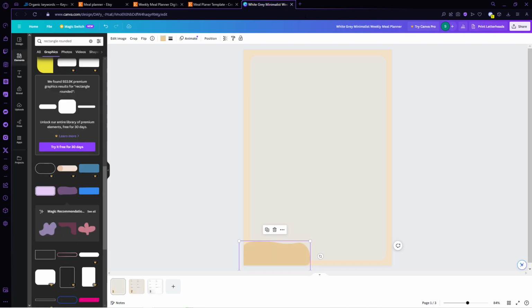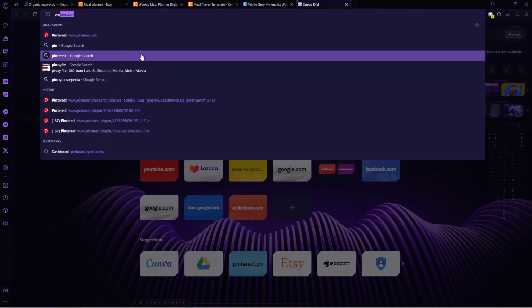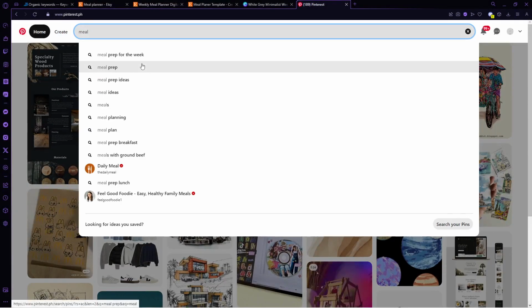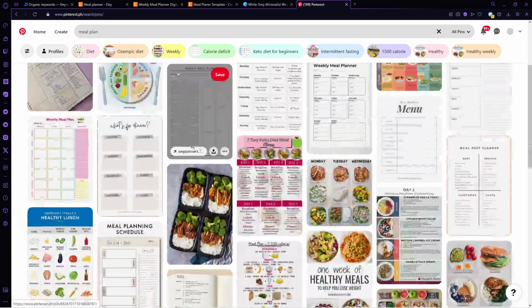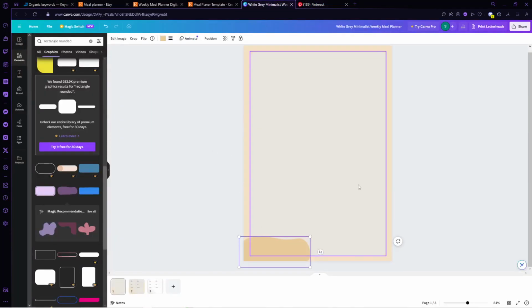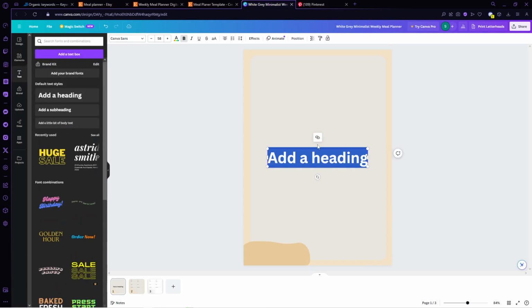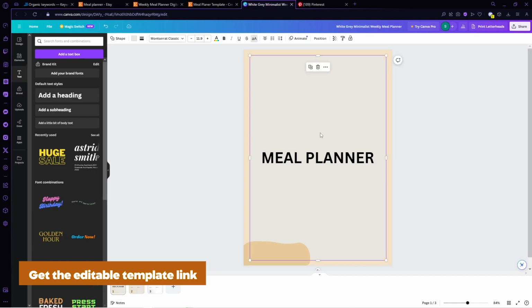If you're not sure with your content yet, you can search for inspirations online so that your product will be high quality. And after designing, you can add your text, you can add vectors and other elements to finish your template. Once you're done with your layout, what you want to do is to get the editable template link of